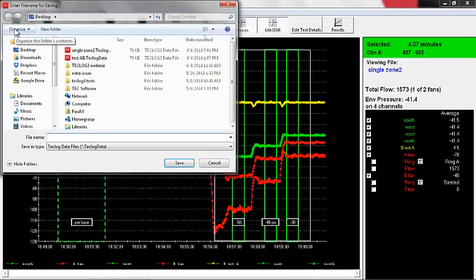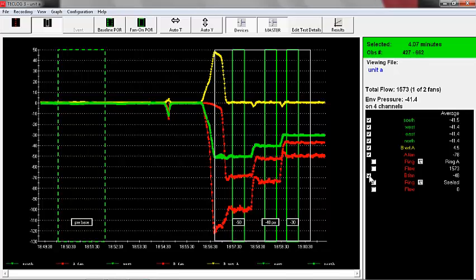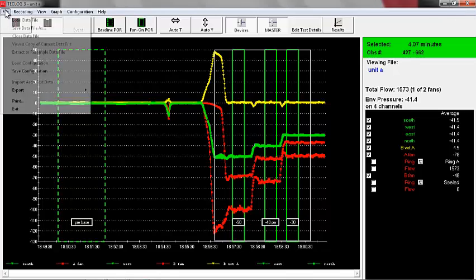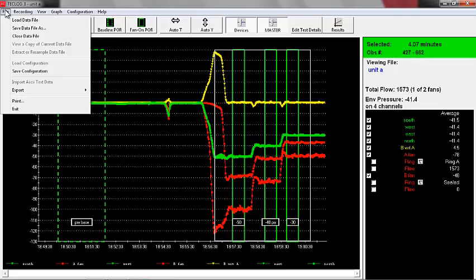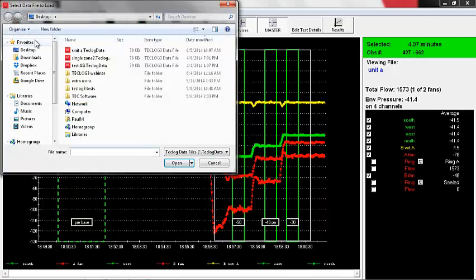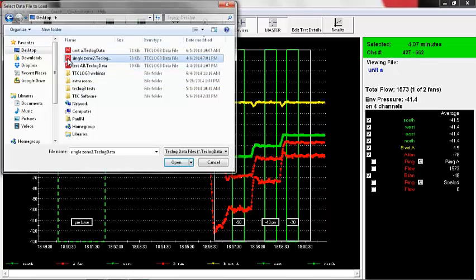We'll save this data file, and we'll call this unit A, and that will give us results for channel A. And then we're going to load our original data file. Again, here's our unit A that we just saved, and we're going to go back to our single zone test, the original test we pulled up,